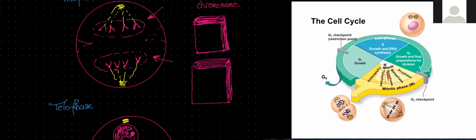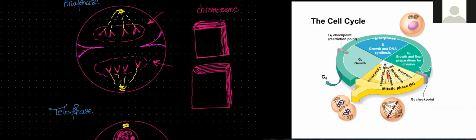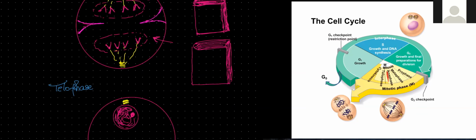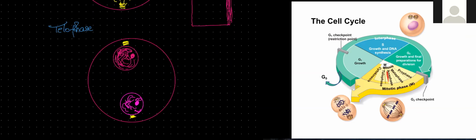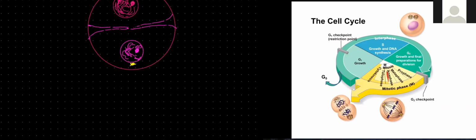During late anaphase, you will notice that there will be a constriction ring appearing at the equator of the cell, separating the two sets of chromosomes that got formed. This constriction ring is also going to be taking place during telophase, while the two nuclei are getting formed, and they will finally separate